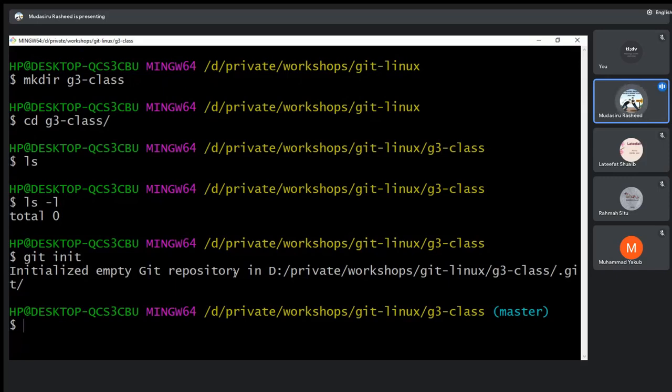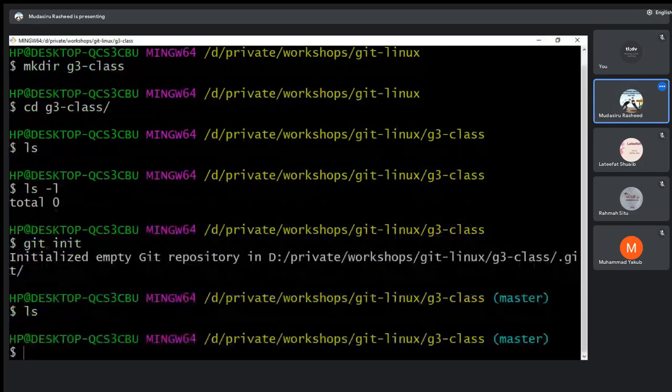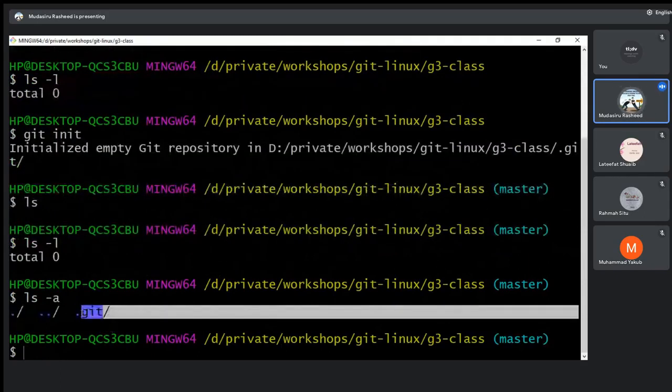I told you that what Git does is help us create a local repository of whatever we want to be doing. So git init will help us initialize an empty version of that. Okay, and if I list this directory, you can see I can't see anything. But if I say ls -la, or let me say ls -l, I mean ls -a. Okay, ls -a. I have access to this particular .git, which was not there before. So it is now the one that will be managing everything for me.